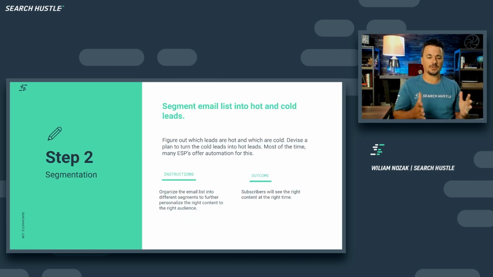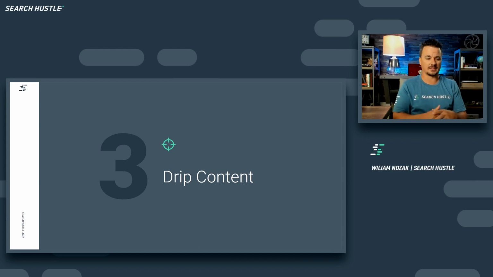And then segmenting it. We want to organize the email list into different journeys. That's going to allow us to further personalize the information, even if we're taking a set of information and rewriting it 10 times for different industries, and then taking maybe 10 services and rewriting those 10 services for those different industries. You're just rewriting content through the lens of a segmentation. We want to make it feel as personalized as possible. That's a lot of back-end work, but it's super important for the personalization part of this. And then we want them to feel like our product or service is built specifically for them or their industry or their business.